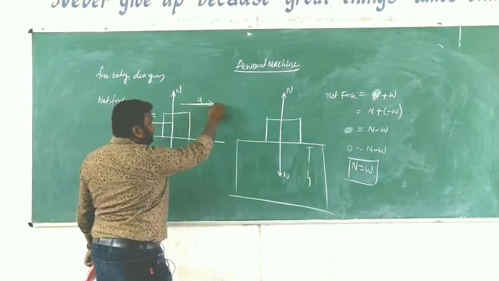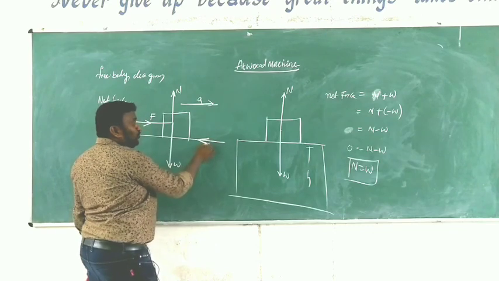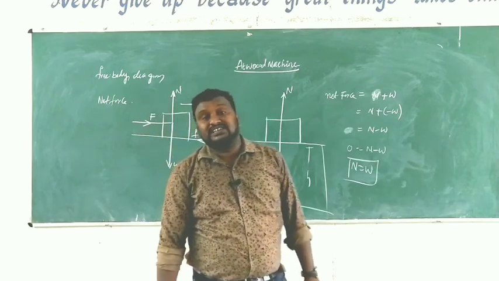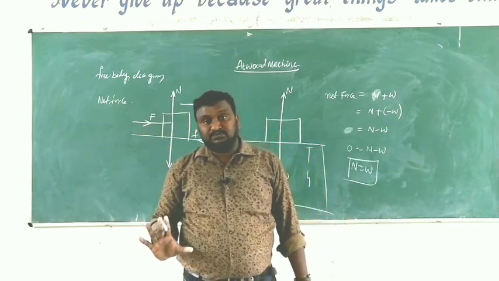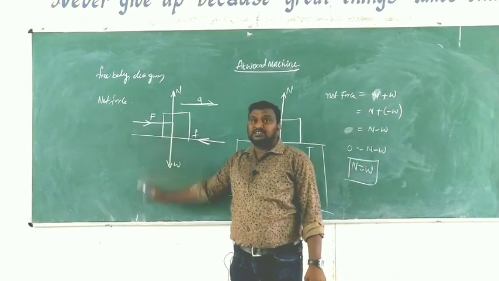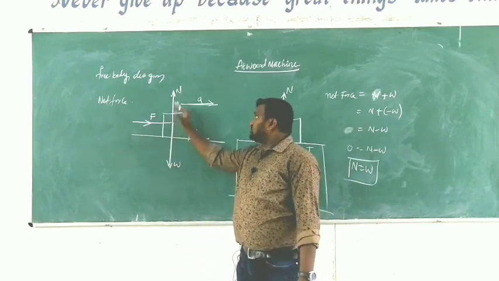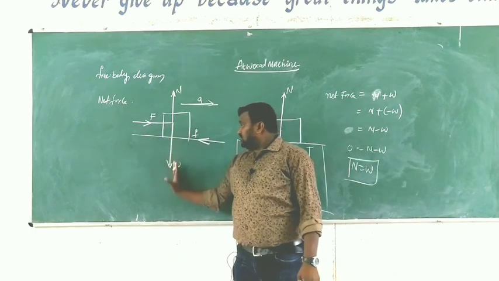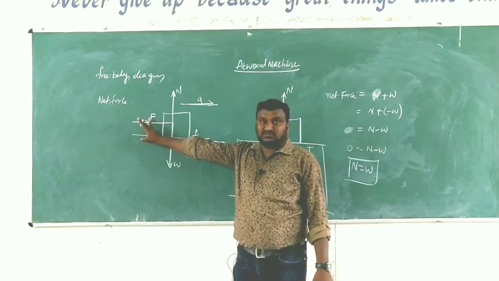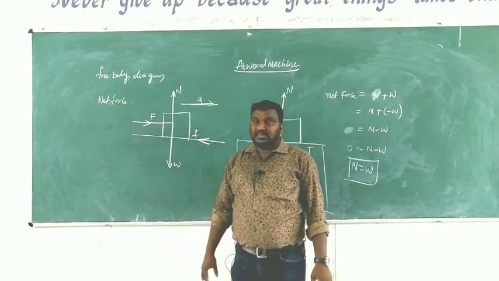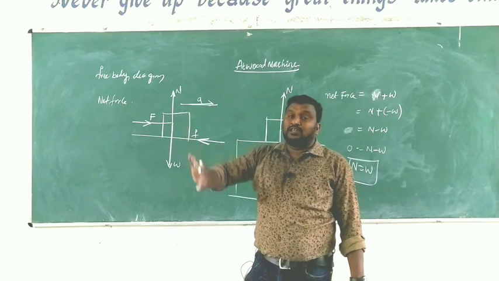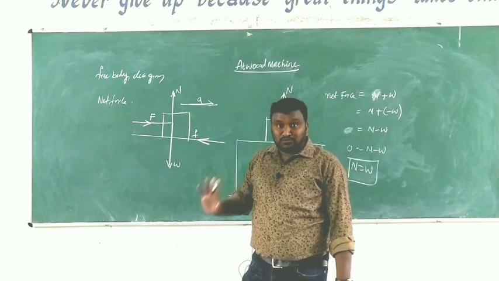When it is moving in this direction, there is some force acting on the body due to the earth surface. That should be in the opposite direction. That is frictional force. Clear? Here now on this diagram, on this object, there are four forces. Normal force is in the upward direction and W, the weight, is in the downward direction. And what is capital F? Applied force. When the body is in motion, there is some opposition force acting on the body. That is what we call frictional force.